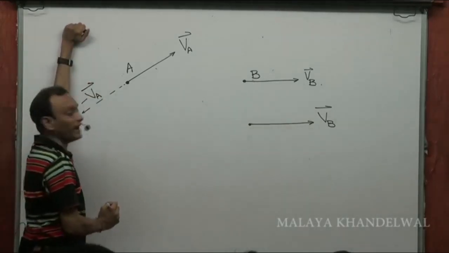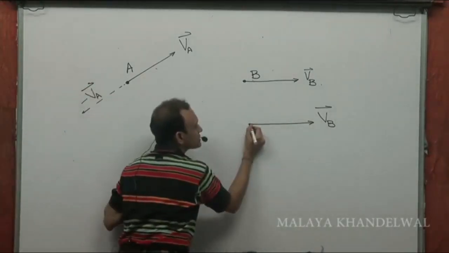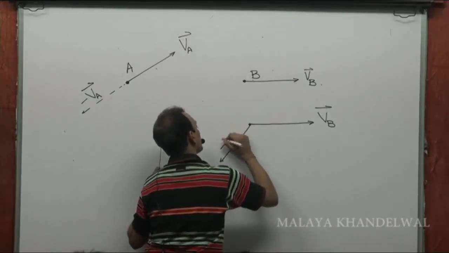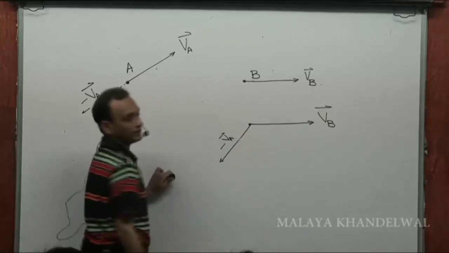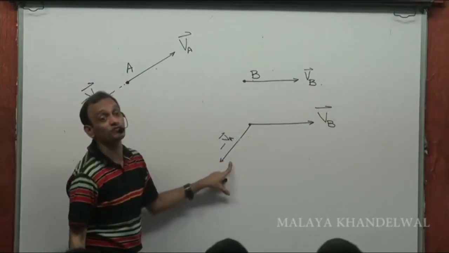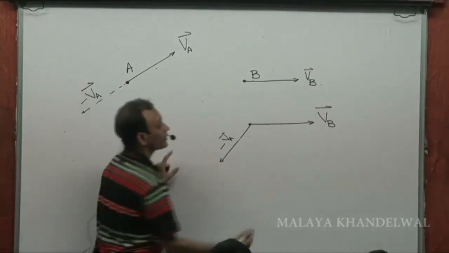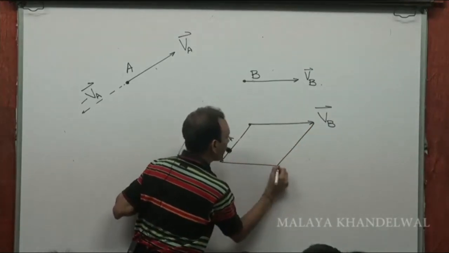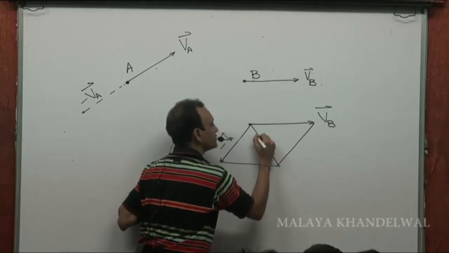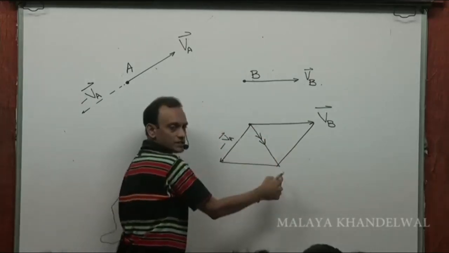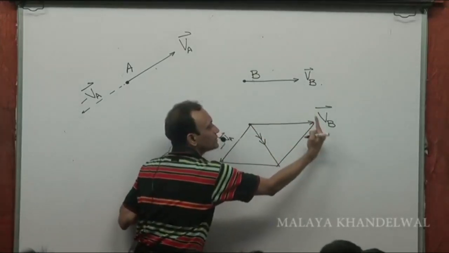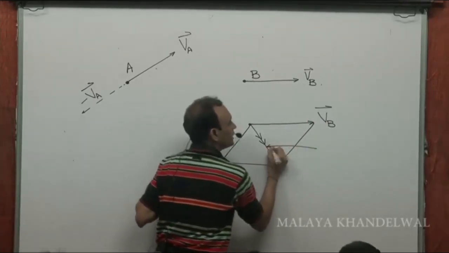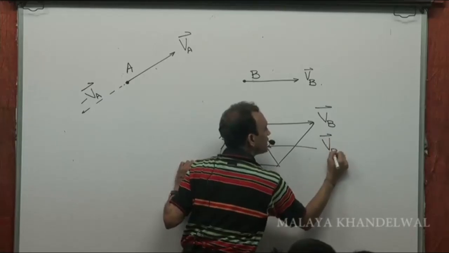So if this is minus VA, then the resultant of these two vectors would be VB plus minus VA, right? And the resultant of these two vectors could be obtained using, let's say, the parallelogram law, for example. That's one way to obtain the resultant. And this resultant using the parallelogram law of vectors will give me the resultant of VB and minus VA. And this vector then would be VB minus VA,